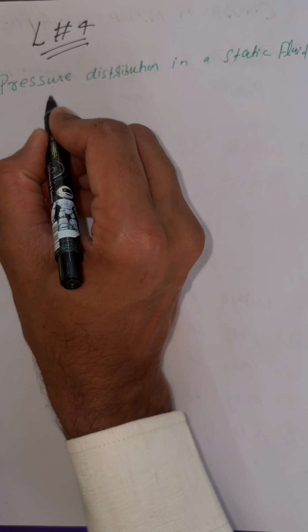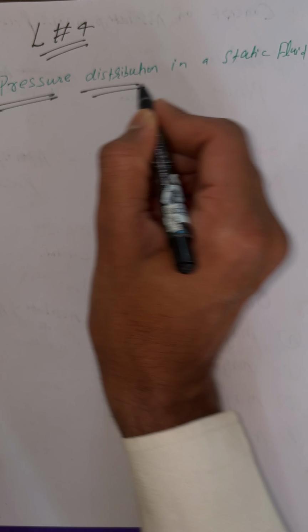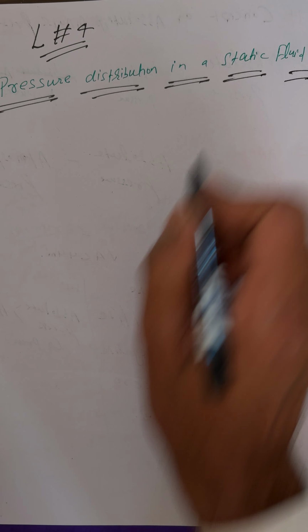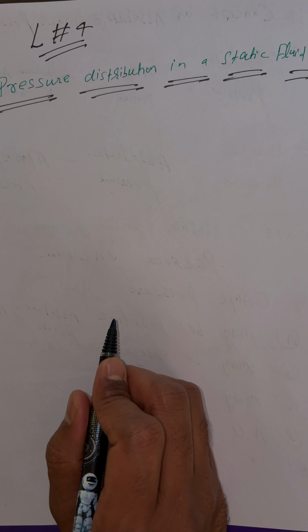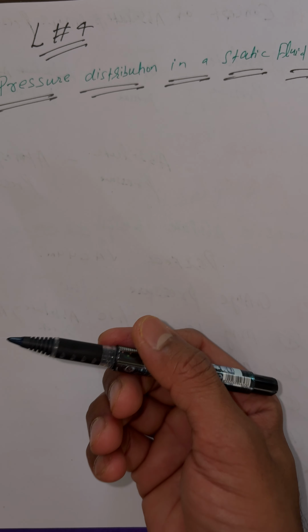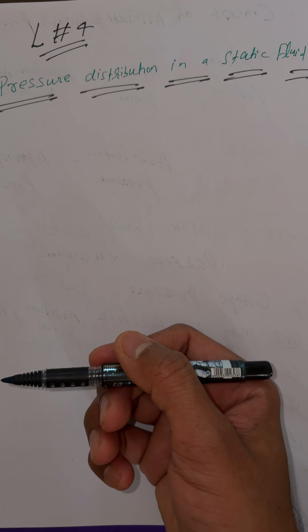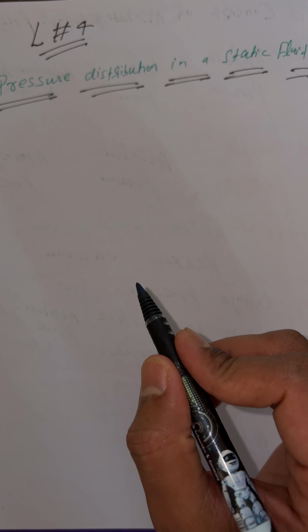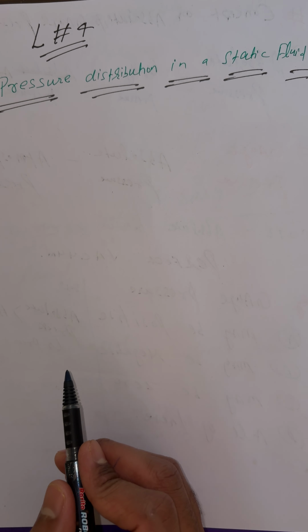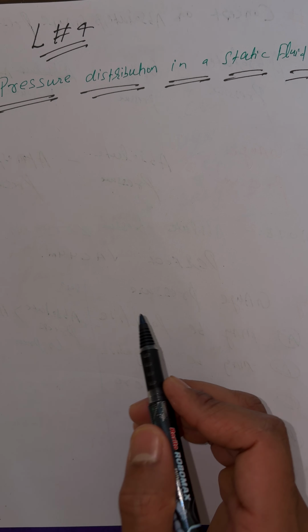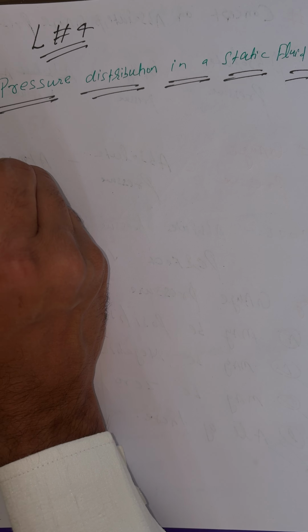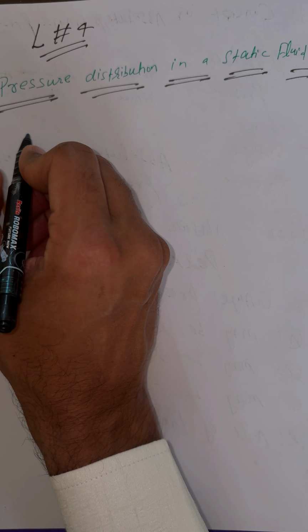So in today's lecture, I'll discuss pressure distribution in a static fluid, right? Here students, we have discussed that in a static fluid the distribution of pressure is uniform in horizontal direction. Students, these things I already discussed in the previous lecture, right? So now I'm going to start this concept with numericals. As an example, we can treat: find